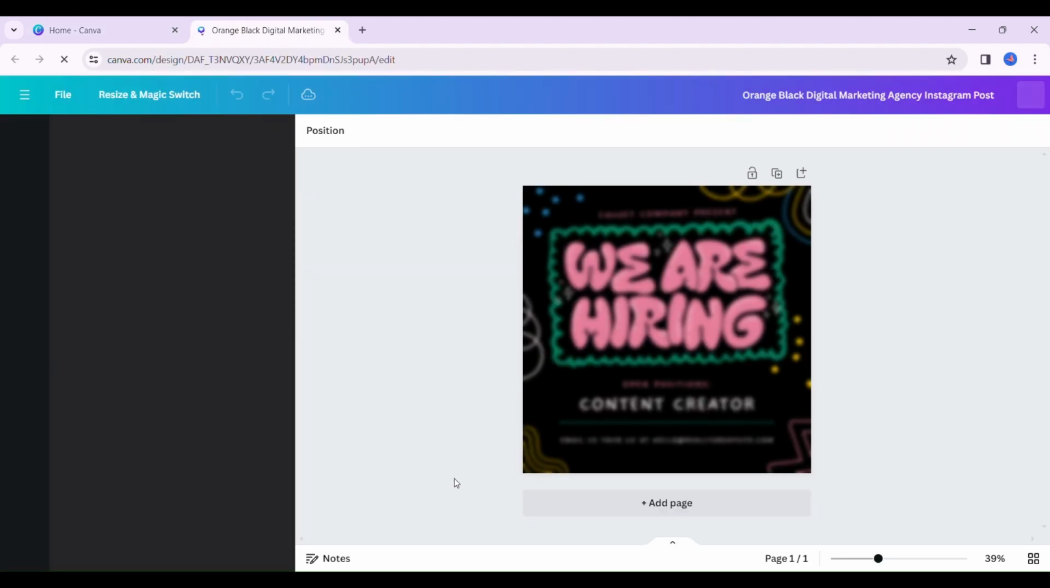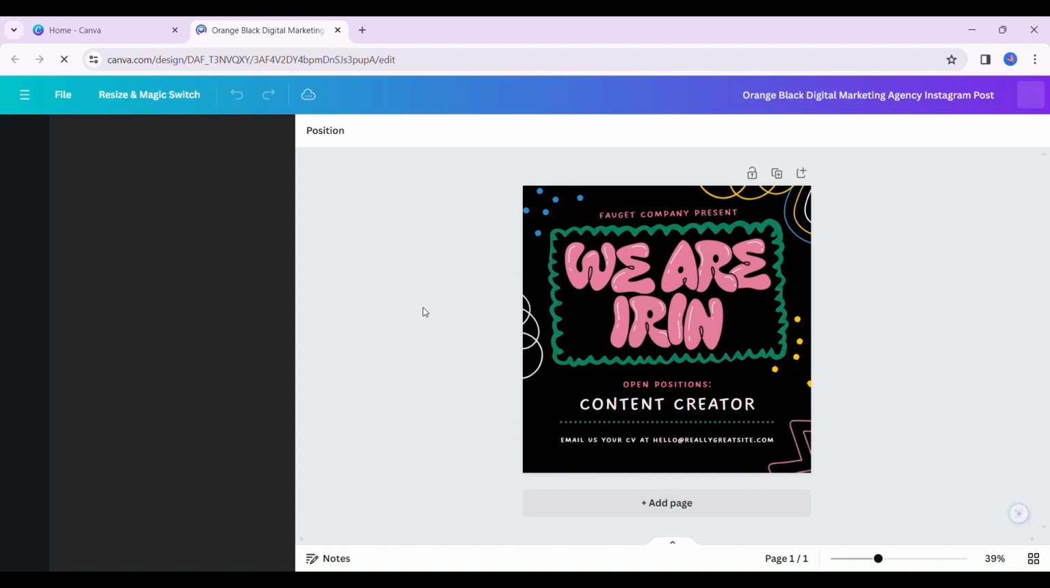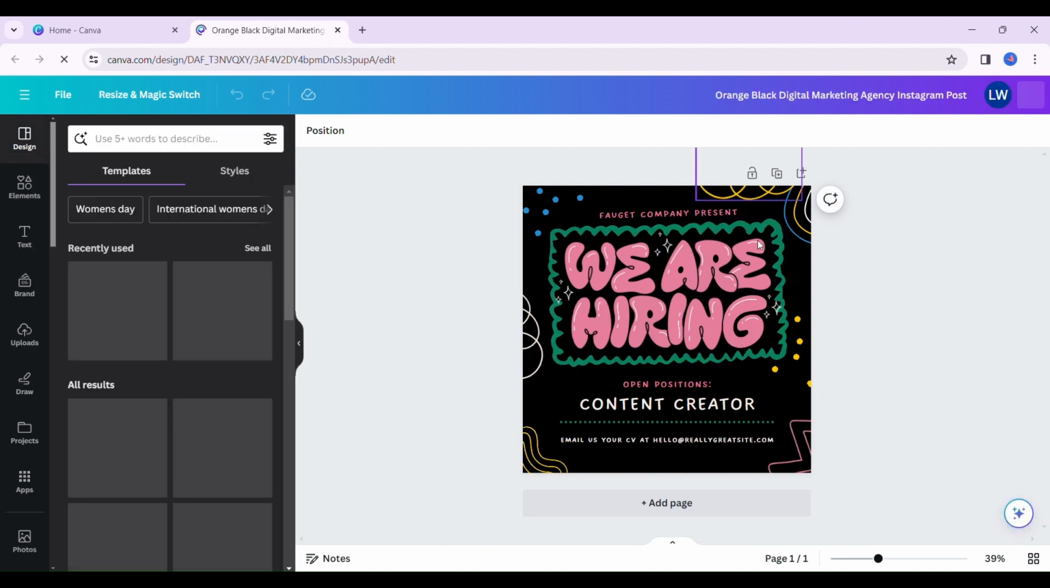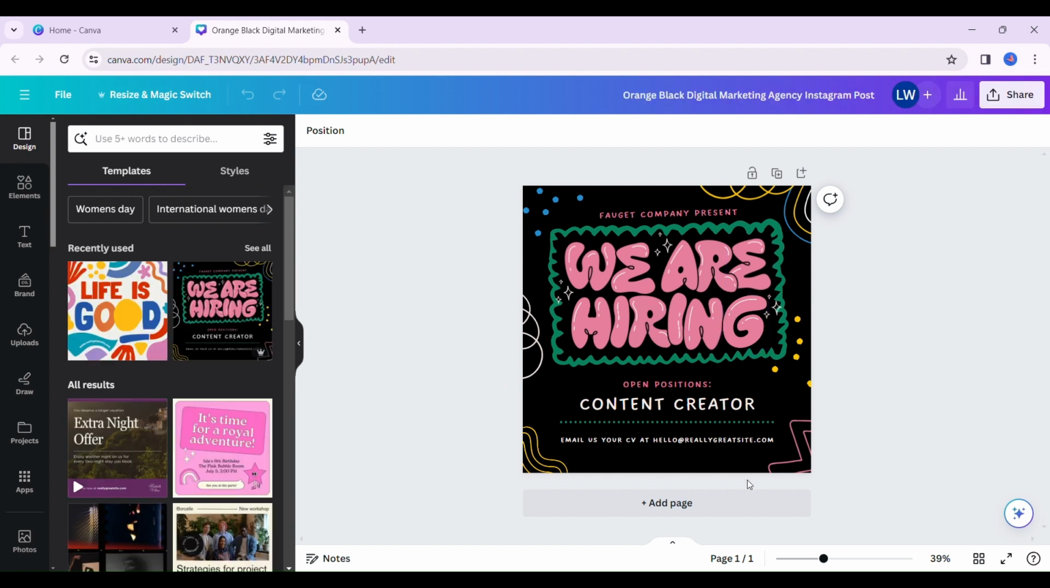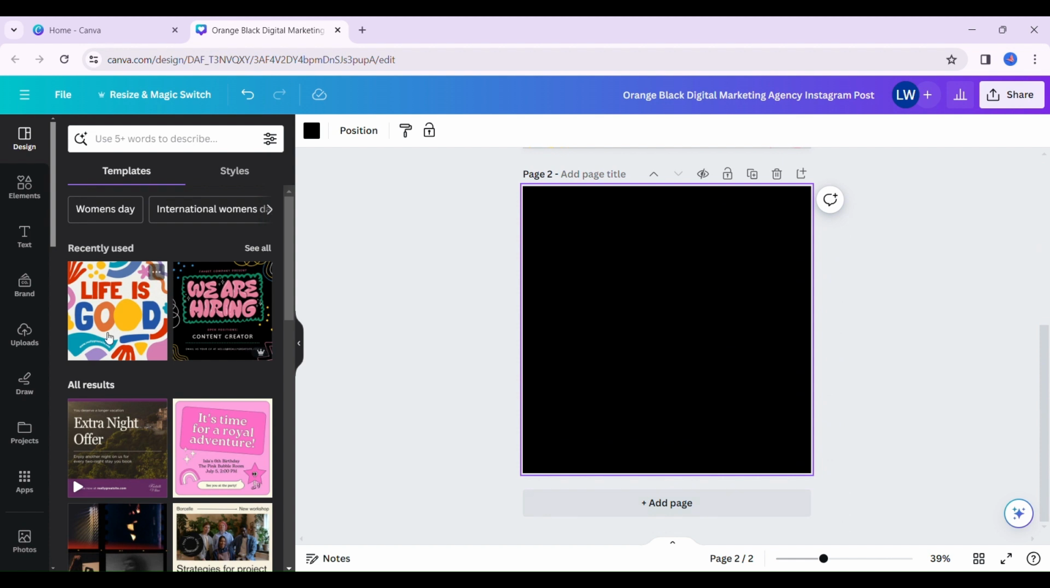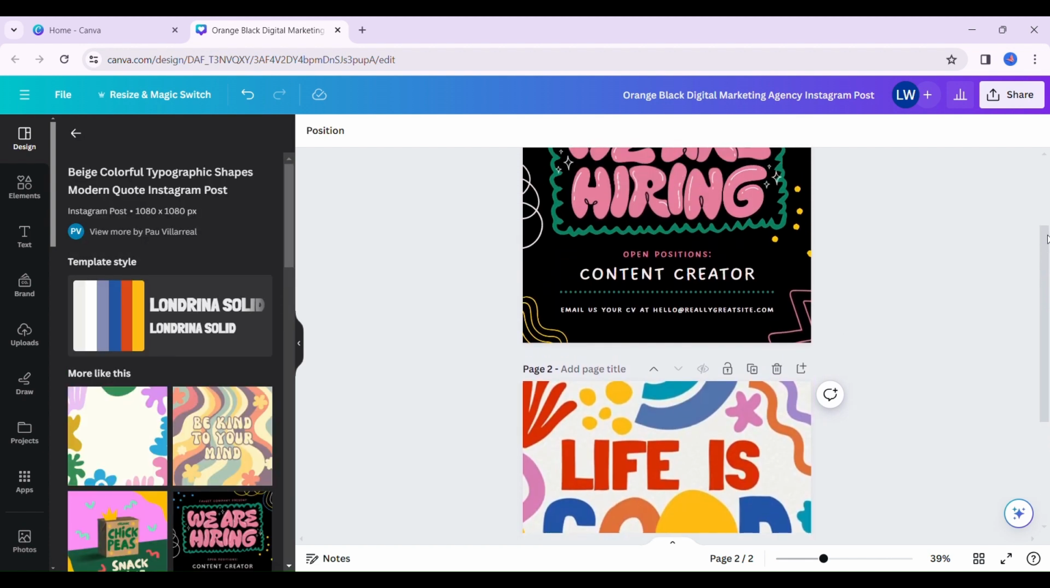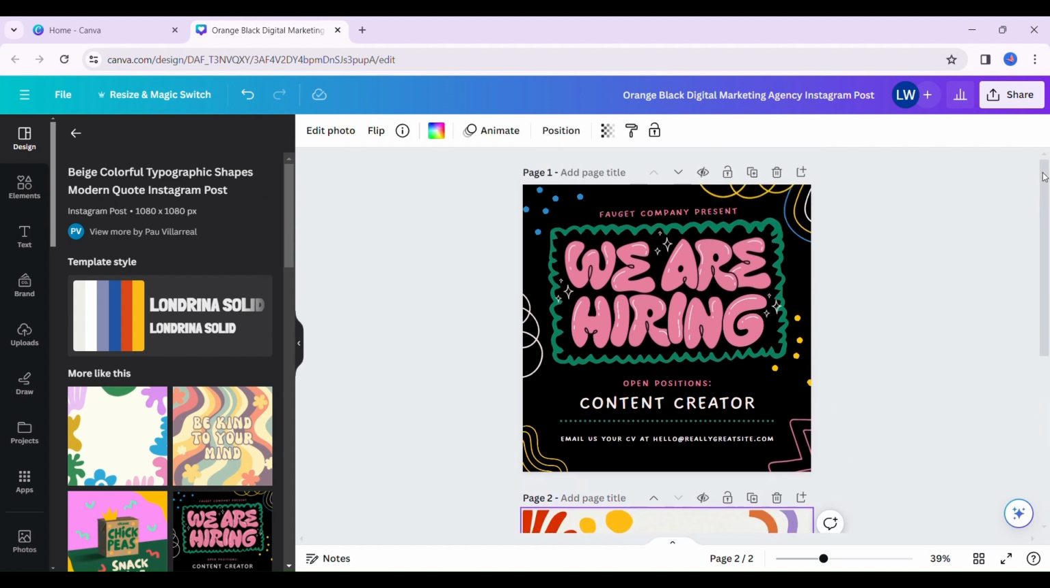So this is a design. I already selected this design, and because I love the way it looks, I'll add another image so we have a variety of designs to apply this feature. So first off,